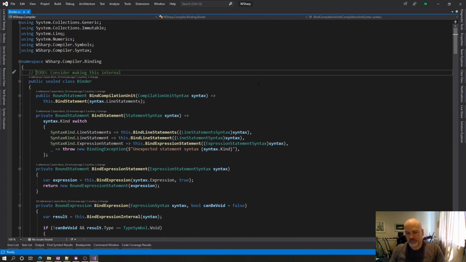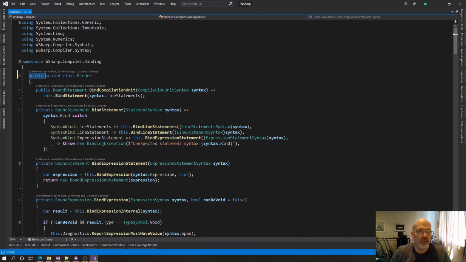Okay. So I think I'm going to go with the advice of making it internal. Okay, let's actually see what that does. Does that actually succeed? I'm going to run all tests and see if we get a value here of how many tests actually succeeded. They all succeed. Let's just do a run quick here